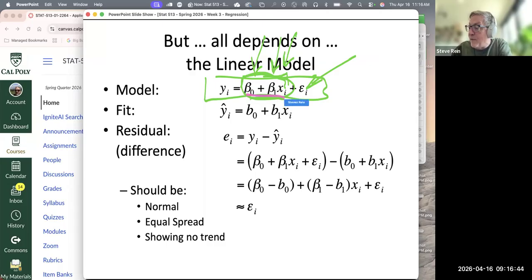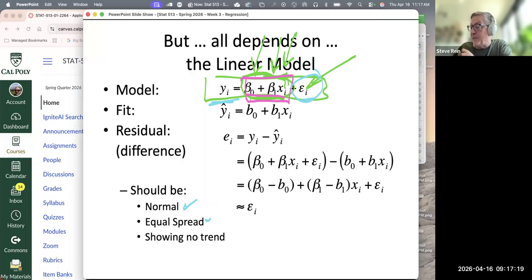In pink here, we have our typical value of y for that given x, and some people are not at typical. It's because there's natural person-to-person variability, and epsilon captures that person-to-person variability even within that same height. And that's why the y values, even in a vertical column for the same exact x, aren't all the same. We have a variety of y's, and it seems like these epsilons that we require to be normal, equal spread,